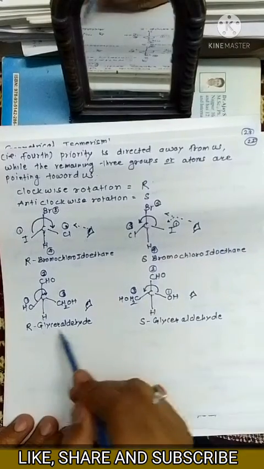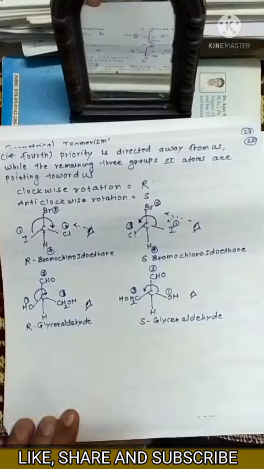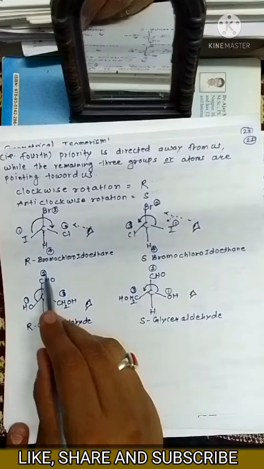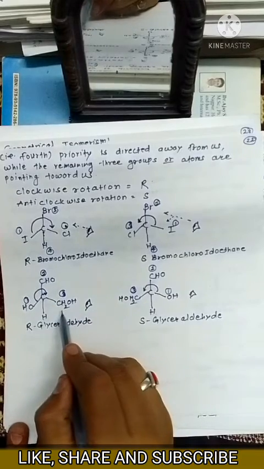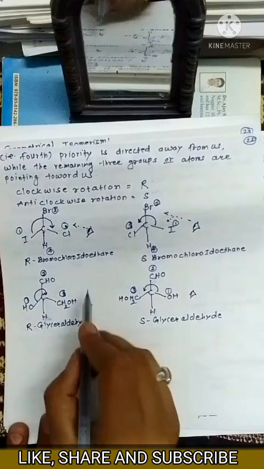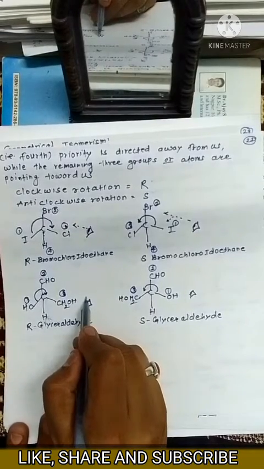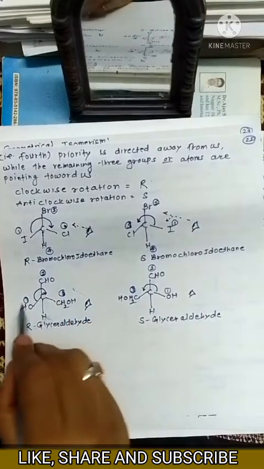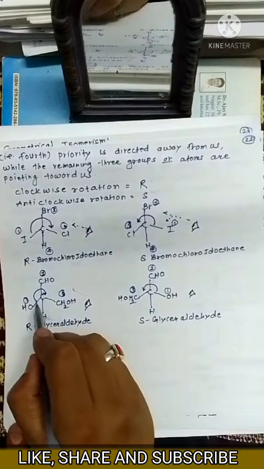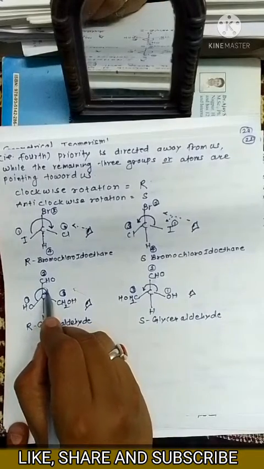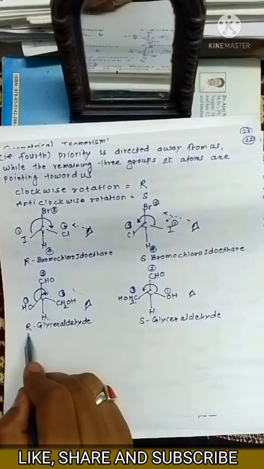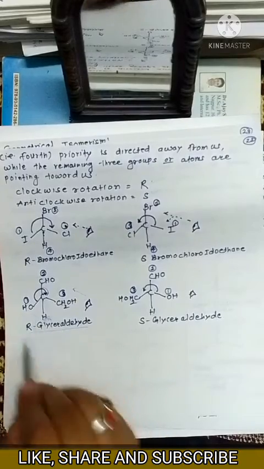Again, see the example of glyceraldehyde. In glyceraldehyde, OH gets first priority, the carbonyl, this aldehyde group, gets second priority, the CH2OH group gets third priority, and hydrogen gets least priority. If the observer sees this molecule from here, what do they see? They first see how their eyes move: first, second and third. Since the observer's eyes move in a clockwise rotation, it is known as the R form of glyceraldehyde.